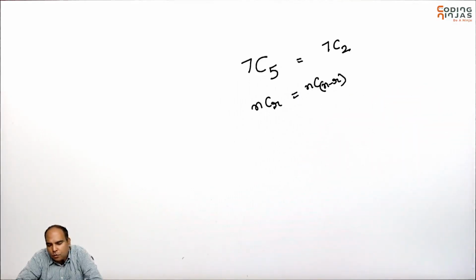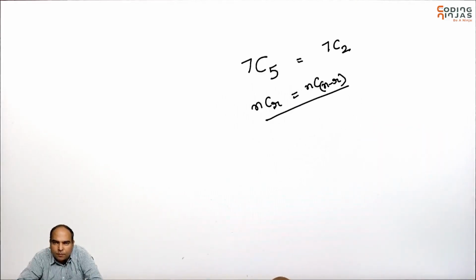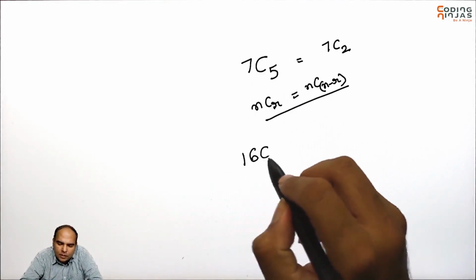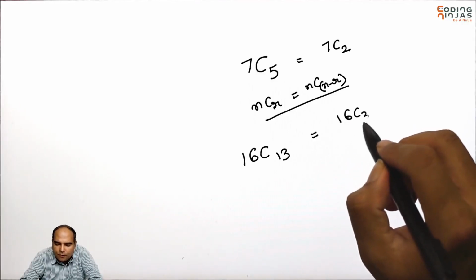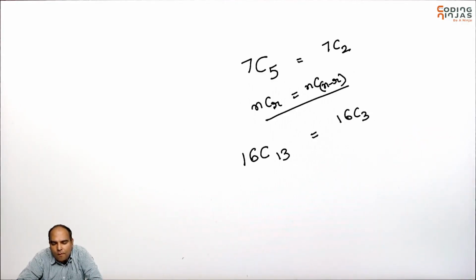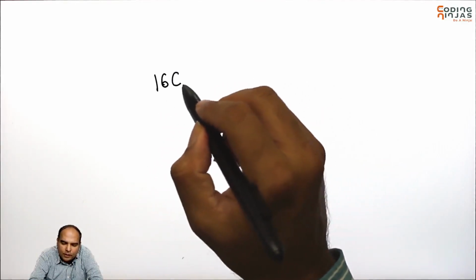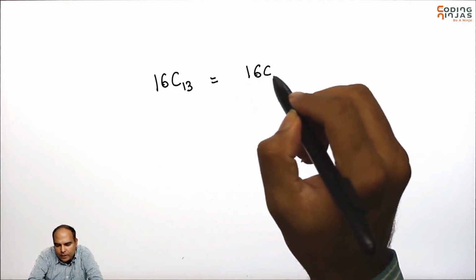But the way I want you to store this in your mind is numerically, not in this formula form, because you're never going to be required to use it in that form. You should have the numerical reaction. And the numerical reaction is: from 16, if I want to select 13, it is the same as selecting 3 from 16. And hence, using these two logics, if I am ever forced to calculate 16C13,